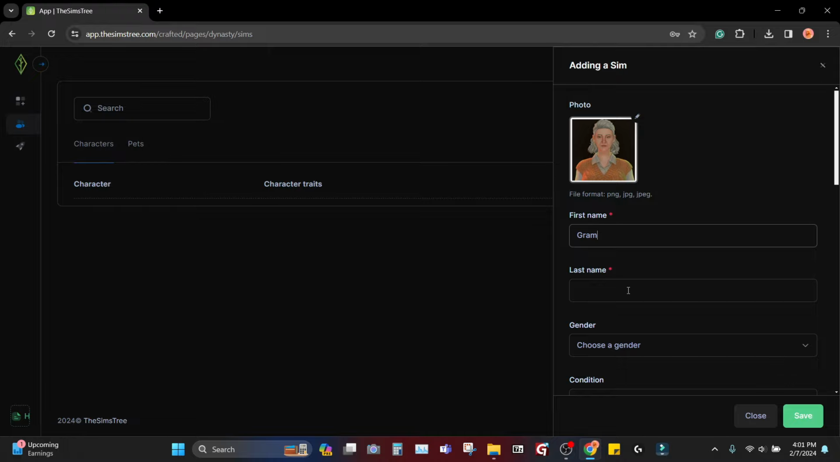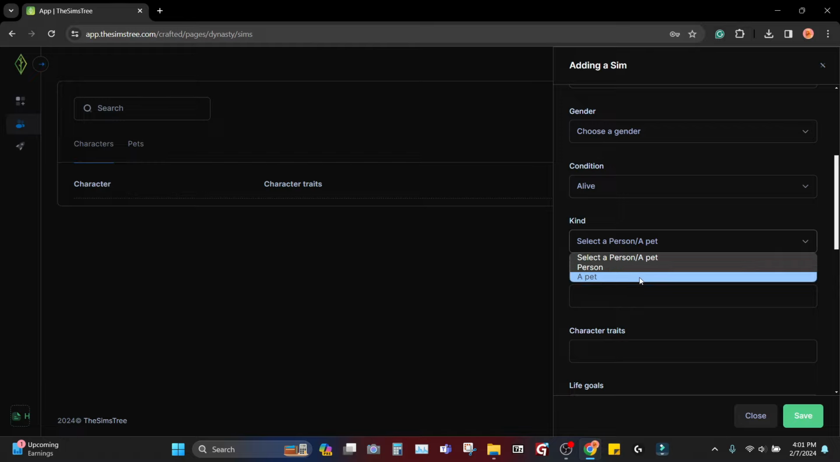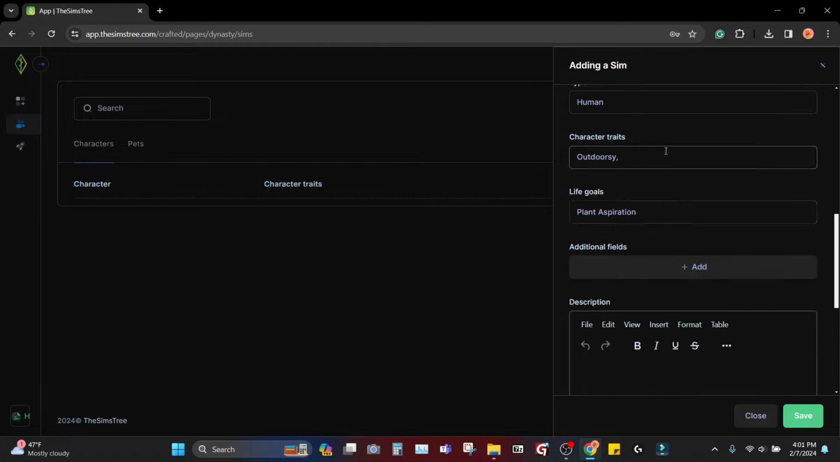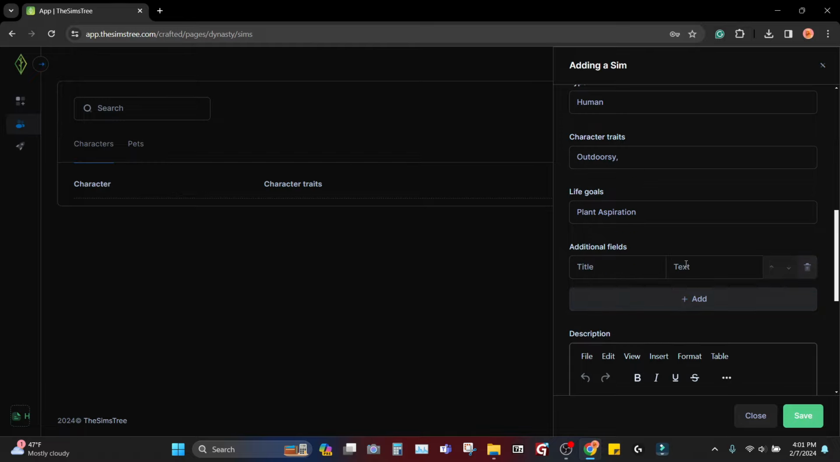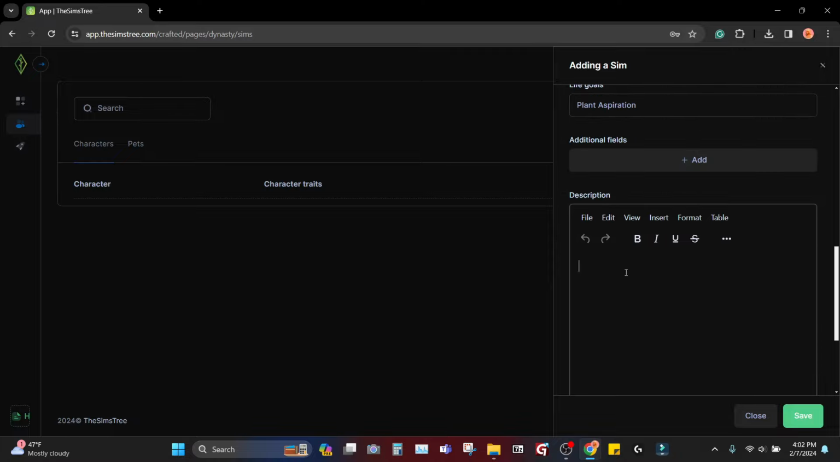I'm just going to have her as Graham. Graham is also alive, and she's a person. She's outdoorsy. I can't remember her other traits right now, but I'm not going to focus on them at this moment. I just want to get the family tree plopped in, and then I could add in all those extra things. But you can add in additional extra fields if you like as well. And then you can also delete it too if you ever wanted to. And then you can write a little description about this. So Graham is the mother of Marley and the grandmother to